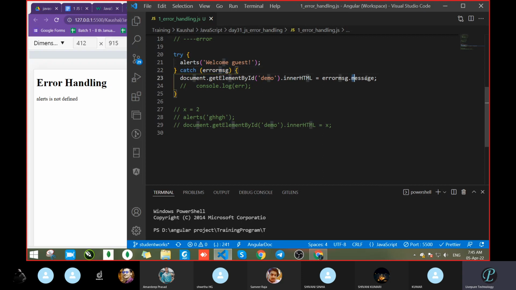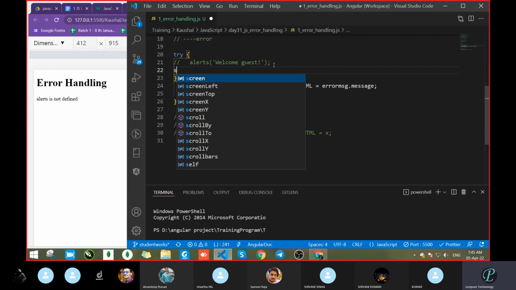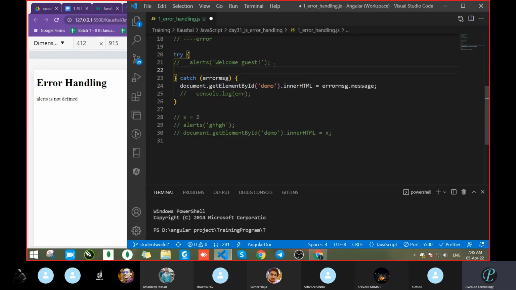So is it compulsory to write message? No. If we do not write message, we will get an extra line of error also. But if you write dot message, you will get the exact message. Let's do one thing. This error came. Let's write something. We can write x. Sorry, yes, right here x greater than 2. I know that this is an error because we had not defined x. Let's see. Are we getting any message? What message came?